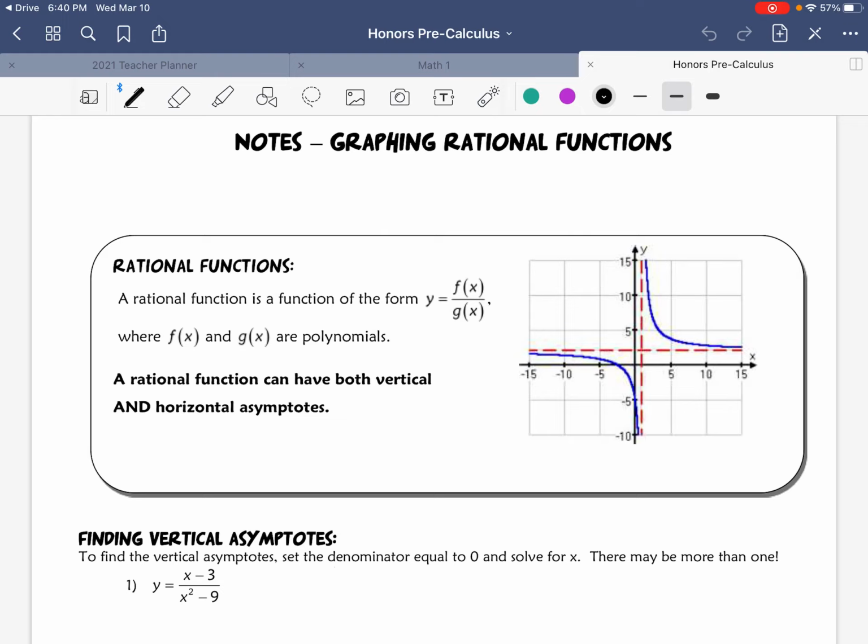So we're going to be talking about a vertical asymptote, a horizontal asymptote. We're going to talk about x-intercepts, y-intercepts, and holes of the graph. All of those things that we've talked about before, but now we're going to kind of pull it all together